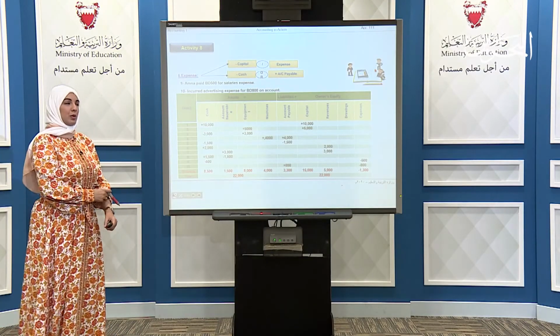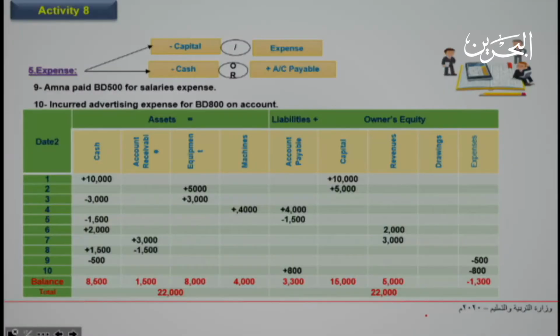Next, moving to the expense section. Let us take a look at the transaction. We have it in this section, my dear student. Amna paid 500 for salary expense. Coming to transaction number 9, if I paid 500, the cash in my company will decrease. Coming to the cash account, I will decrease it by 500, the amount that I paid. Moving to salary expense,